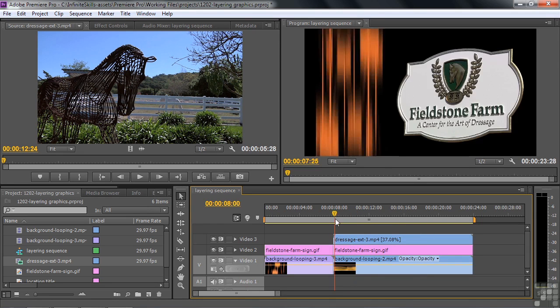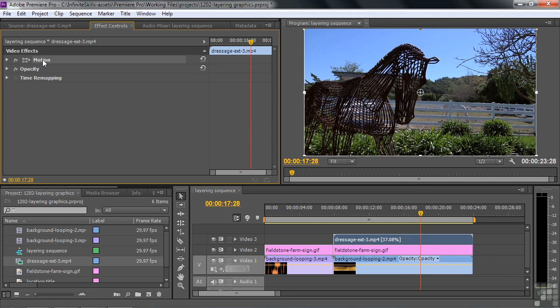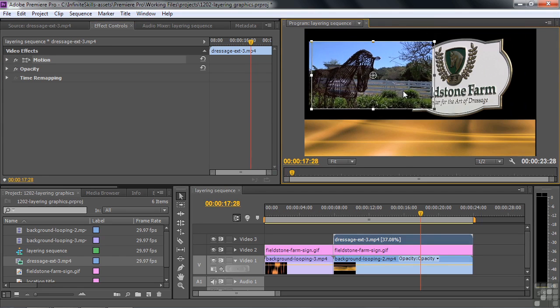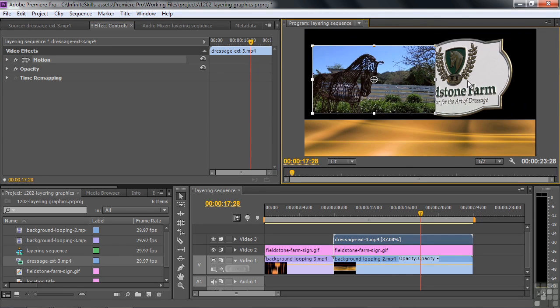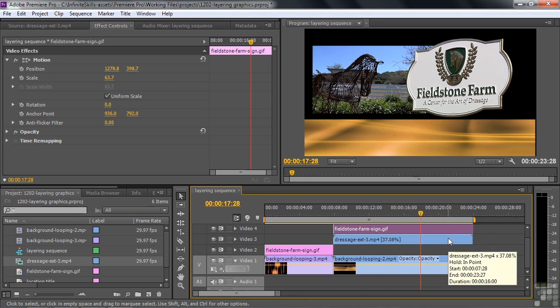All right, now we've got this graphic there, and there's other guys behind it. But how do we reveal what's behind it? Well, we need to do something. We can make this smaller. If I click on it, go to Effect Controls, click on Motion. We can make it smaller like that, right? And that could be sufficient, maybe. We could have it be behind Fieldstone Farms' sign by taking the sign and dragging it above it like that. That's a possibility. But what I'd rather do is have that be smaller and have it be just showing that